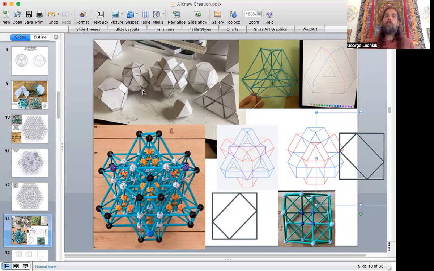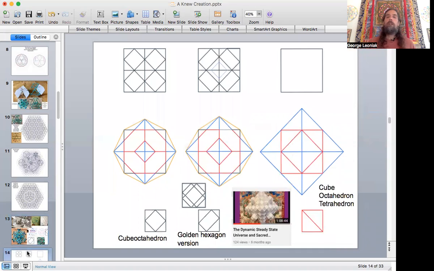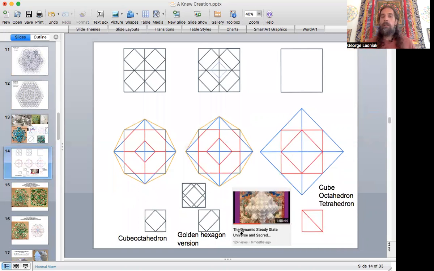But these are some of the early models that started to come up with the golden hexagon, realizing how the icosahedron is in there, figuring out all the interconnectivity that's going on and how the dodeca and icosahedron are weaving into these patterns. And yes, this is the name of that video, the dynamic steady state universe and something. It's only 124 views. I put so much energy into this, and I did send it to Conrad Razen